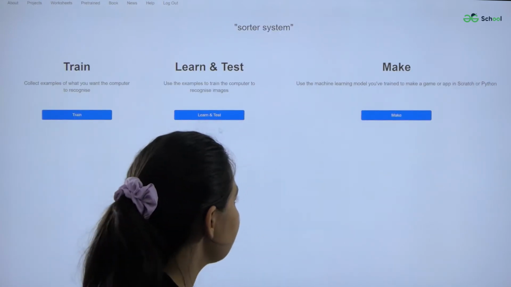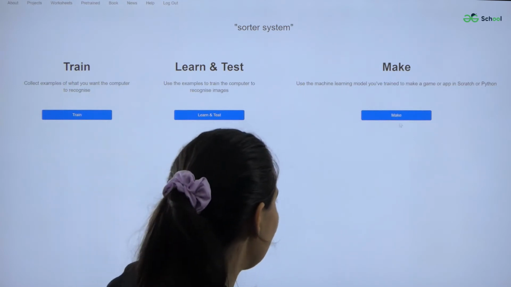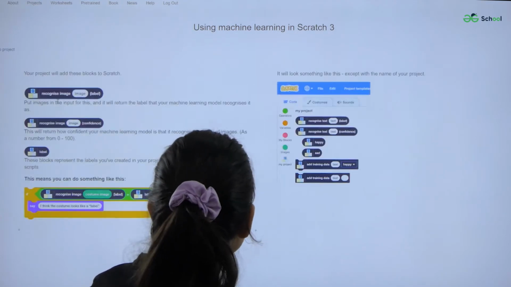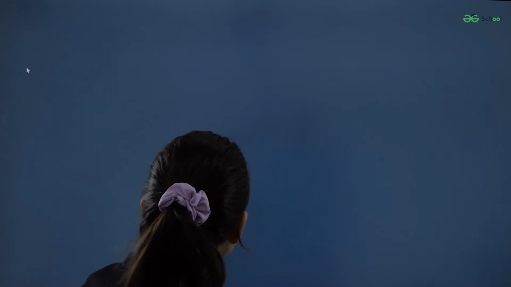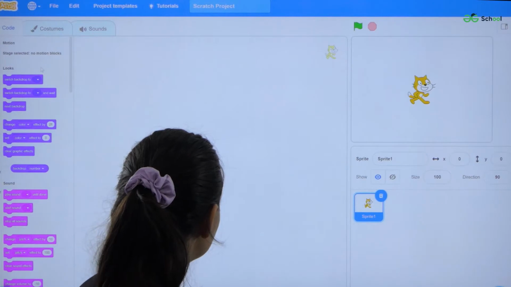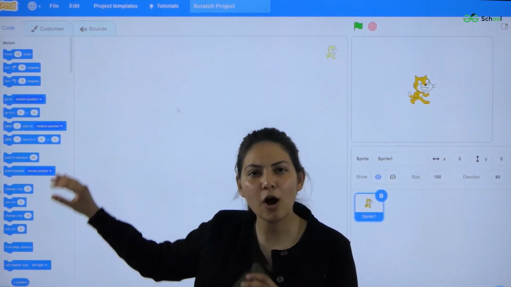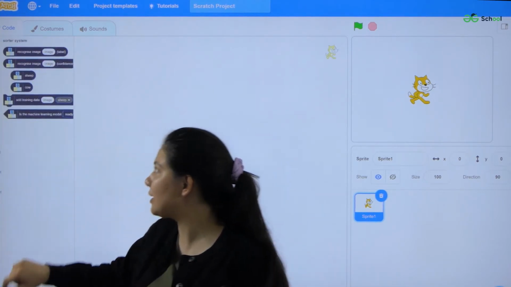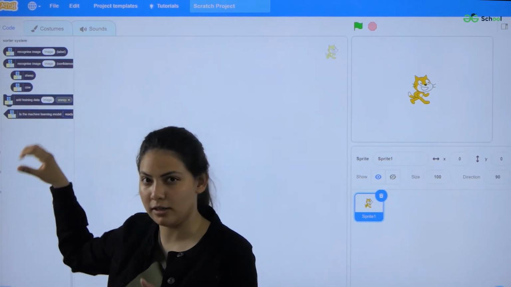Now since my model is trained, I have to make the project. So I'll click on the project make option using Scratch 3. You can see on the left side my block of codes appear, and an additional block is appearing in my toolbox, somewhat in black color.